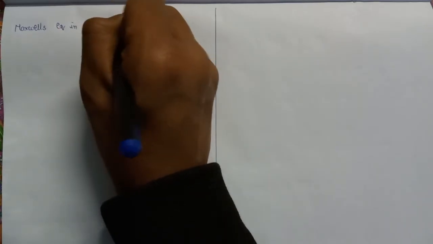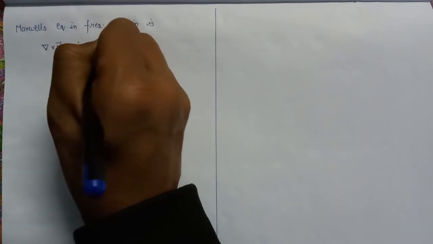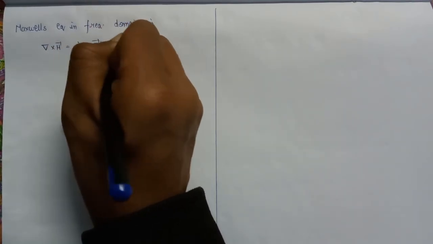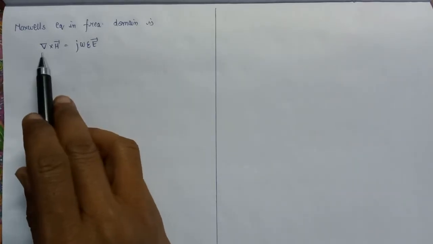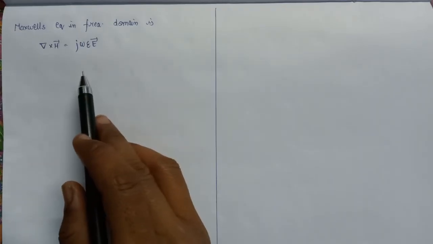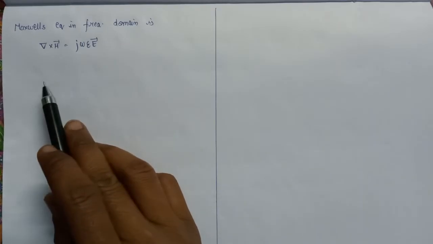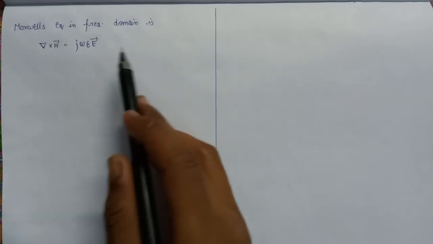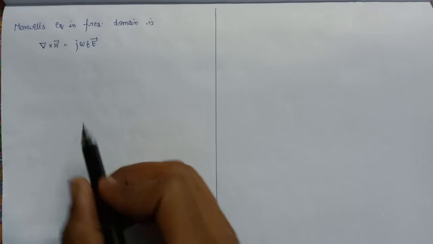So the Maxwell's equation in frequency domain is given as del cross H, that is equal to j omega epsilon into E. If we write down the values of del, H vector and E vector in this equation, and after substituting, we will compare the coefficients of i cap, j cap and k cap as we did in the Maxwell's fourth equation. Then